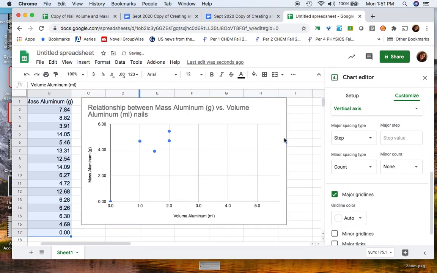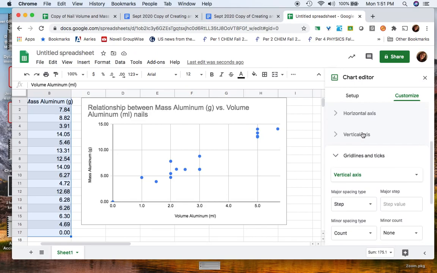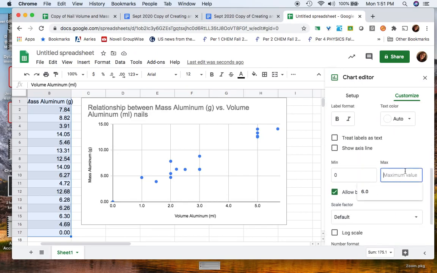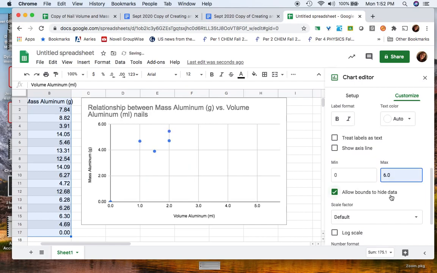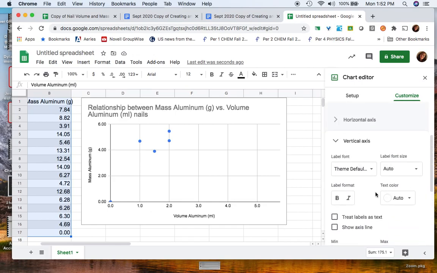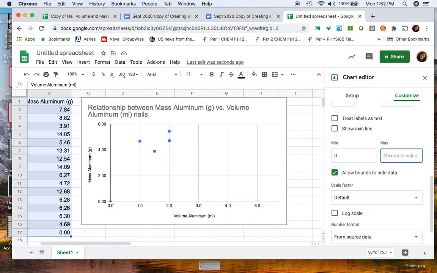Well, actually, I'm going to do this and this. Okay, and go back to the vertical axis. Sorry, one more thing. Here we go. 0 to 6. I did the wrong axis, huh? So I need to do the horizontal axis. So this should be 0 to